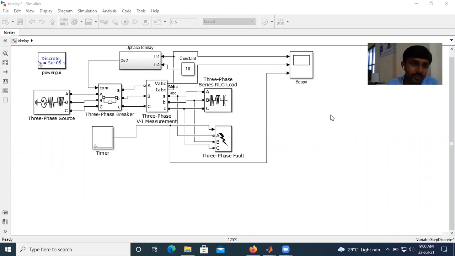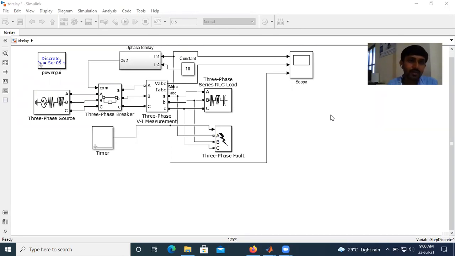Now we will see time delay protection, that is, overcurrent with time delay. In this protection, we do not use a specified value, but we use a time delay. The delay is applied between the fault occurring and the clearing time. So we use the delay for the fault clearing process as well as for the circuit breaker opening.